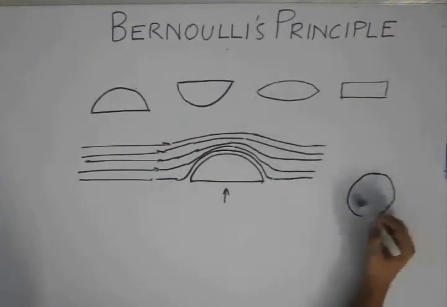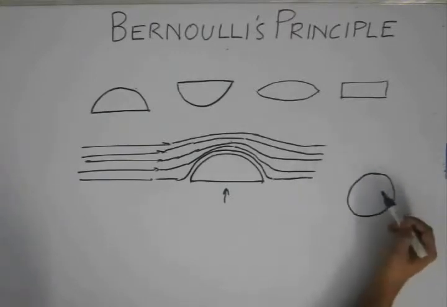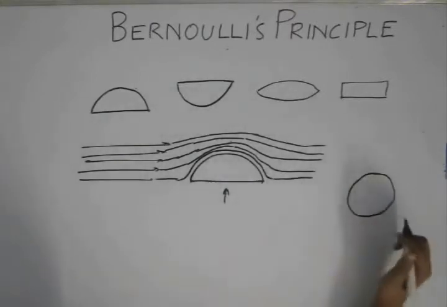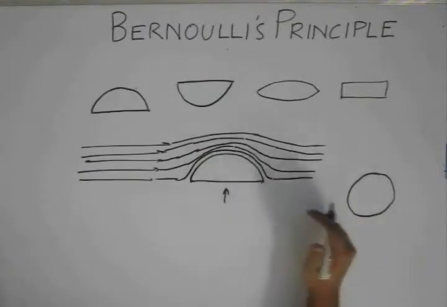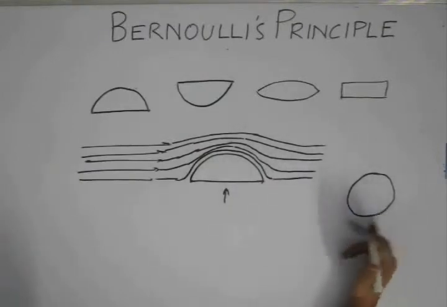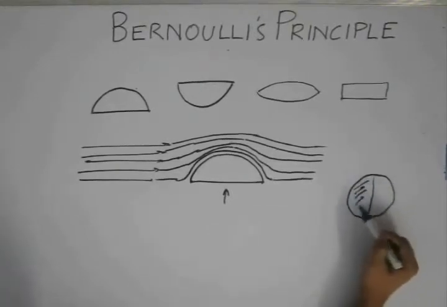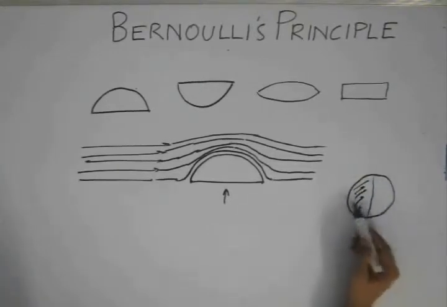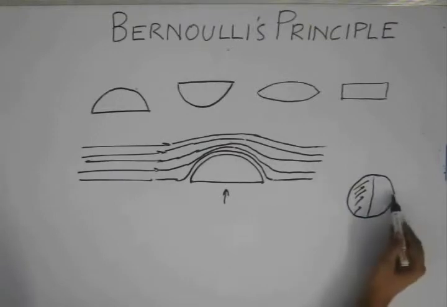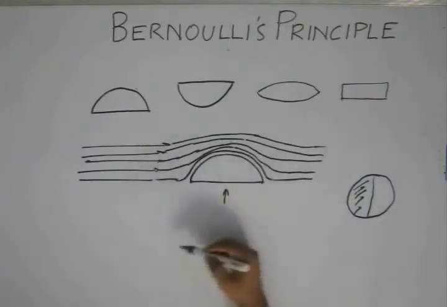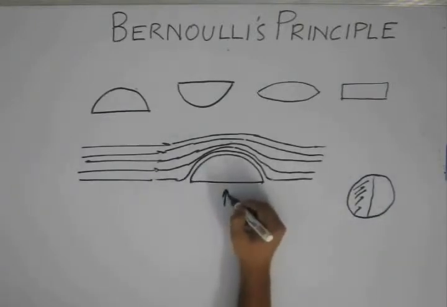When we look at a cricket ball, it is thrown or it is spun. What happens is it cuts the velocity through it. So if one side is rough and one side is polished, due to the differential velocity on both sides, let's say this is the rough side and this is the polished side, the velocity here will be less as compared to the velocity here. The pressure here will be more as compared to the pressure here. The ball will try to deviate in the direction of decreasing pressure. Same thing happens here too. We have a net force in the upward direction.